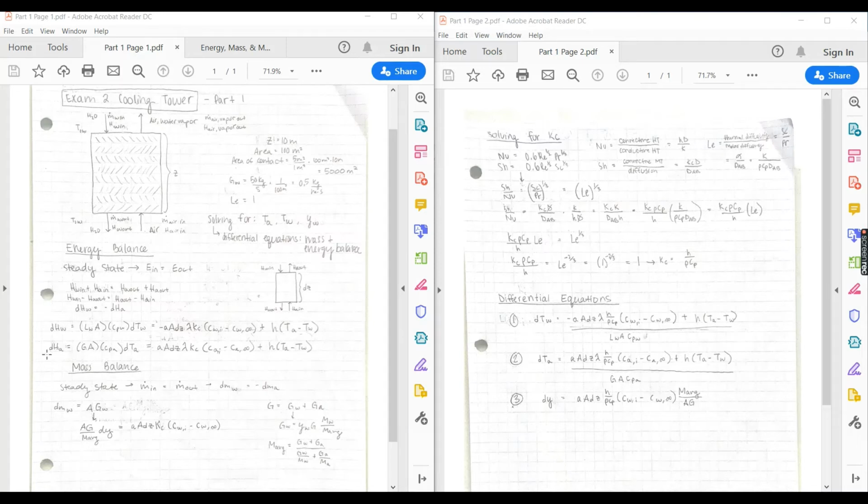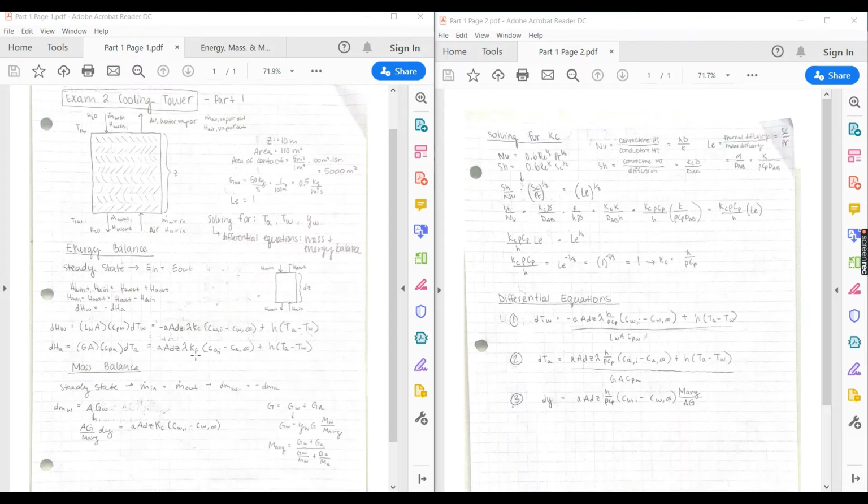But okay, yes, so enthalpy of air can be written as mass flow of the air per area times the area times the specific heat of air times the change in temperature of the air. And this can also be written in terms of the heat transfer resulting from the vaporization of water and the convective heat transfer. So once again, we have this contact area, this first section of the equation, times lambda heated